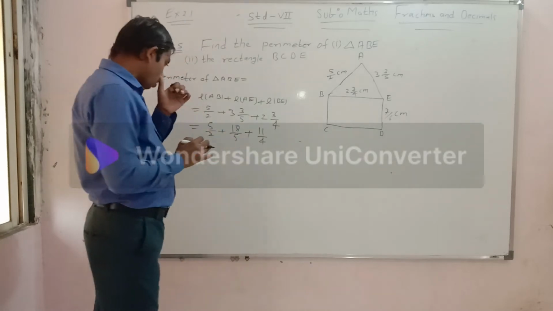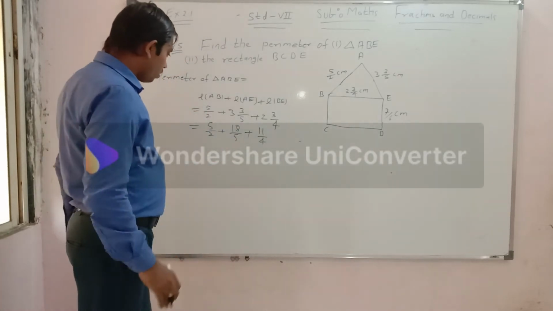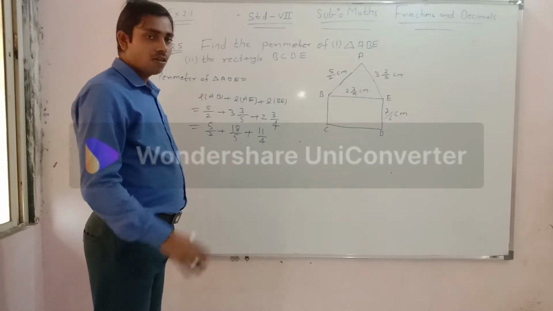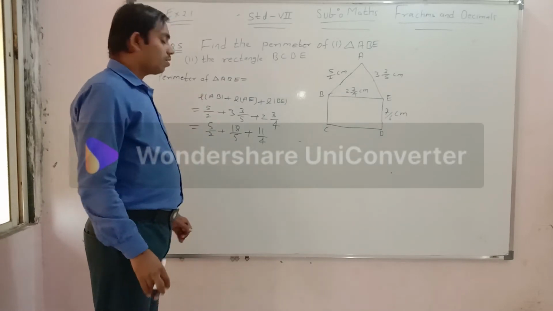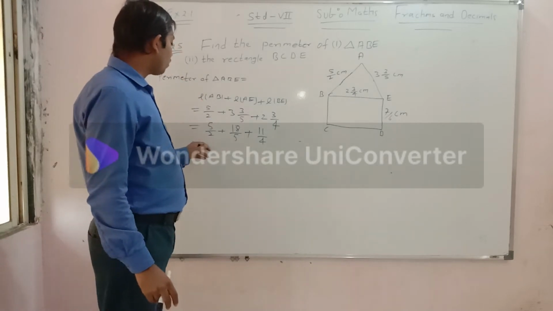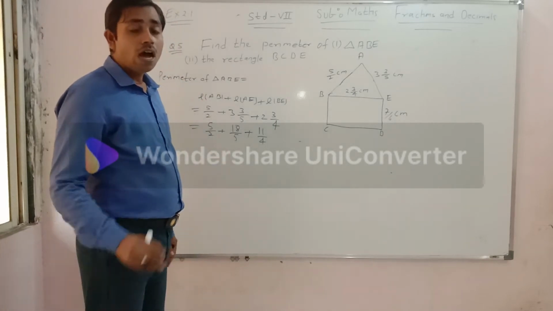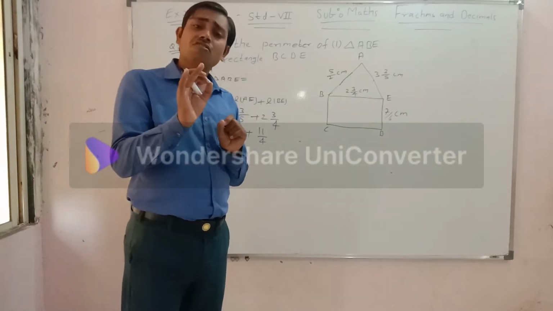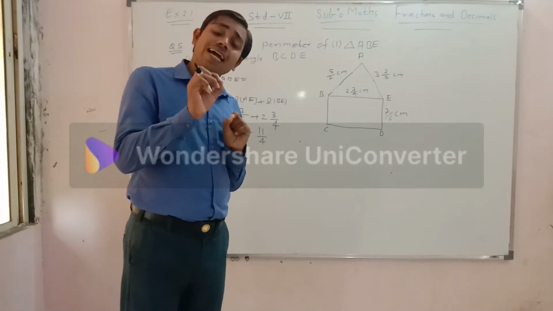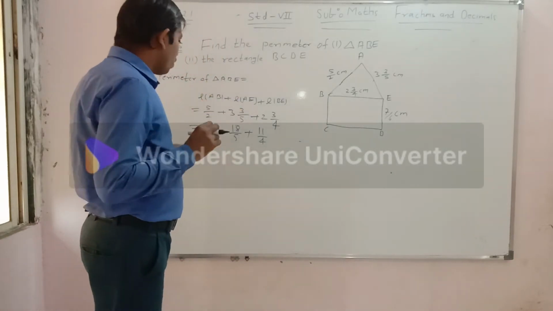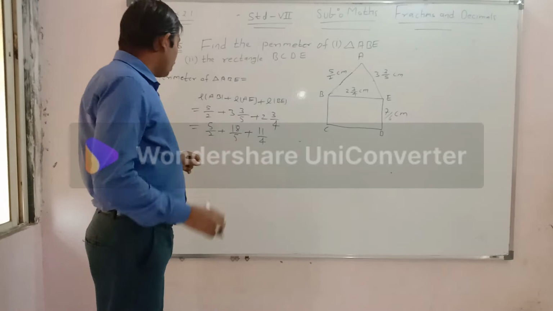So let's see what we can do, my dear students. As I told in the earlier lecture, there are 3 ways you can do it. The simplest and best way is to make the denominator terms the same. How can we make the same denominator term? You just think of a number such that when you multiply by that number, the denominators will become the same. So see what we can do.